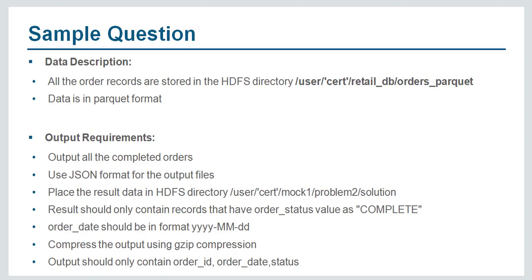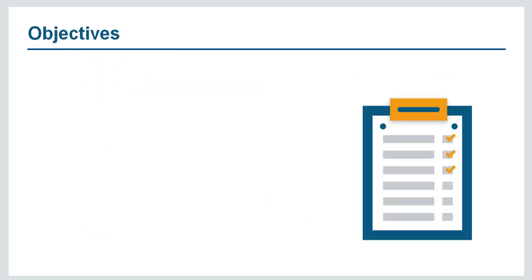Now let's talk about the course objectives. As a part of this course, we have 7 sections. Section 1 is all about introduction and skills required for CCA 175. In section 2, we will tell you how to create Spark cluster on Google Cloud Platform. We will also be doing the data setup on the cluster.